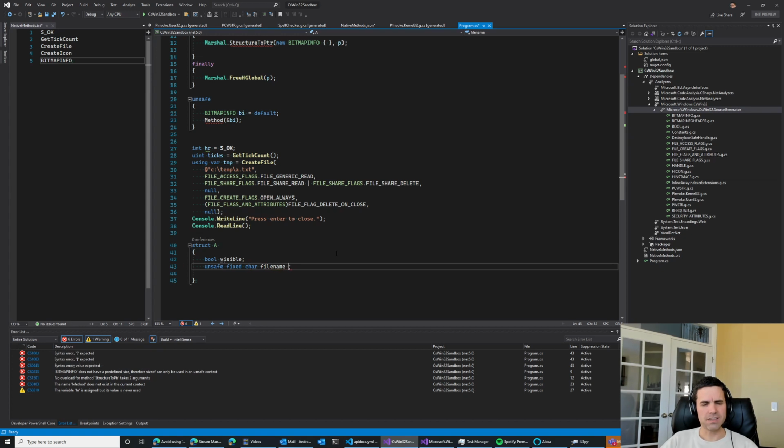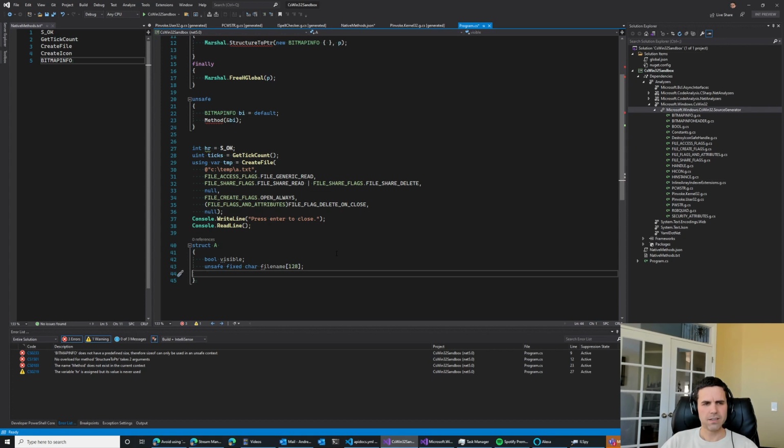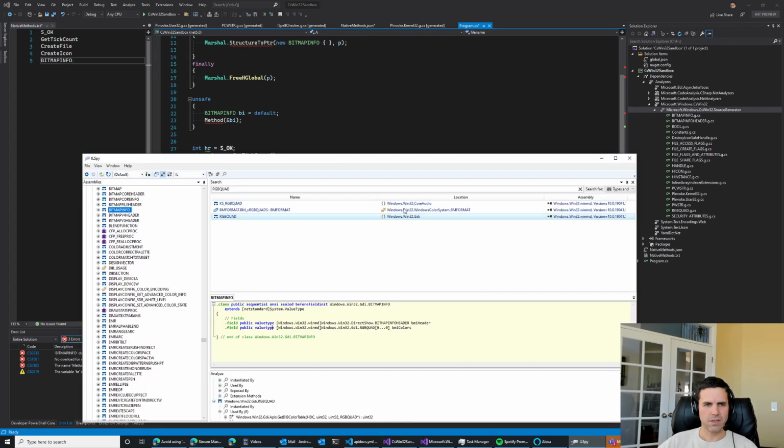Trying to remember the exact syntax. 128, I think. Yeah. So it has to be unsafe. C# 10 might fix that. Oh, thank you. Thank you. Okay, let's switch to that one because that is the one I was thinking of. JNM2, thank you for that. So if we go to this,